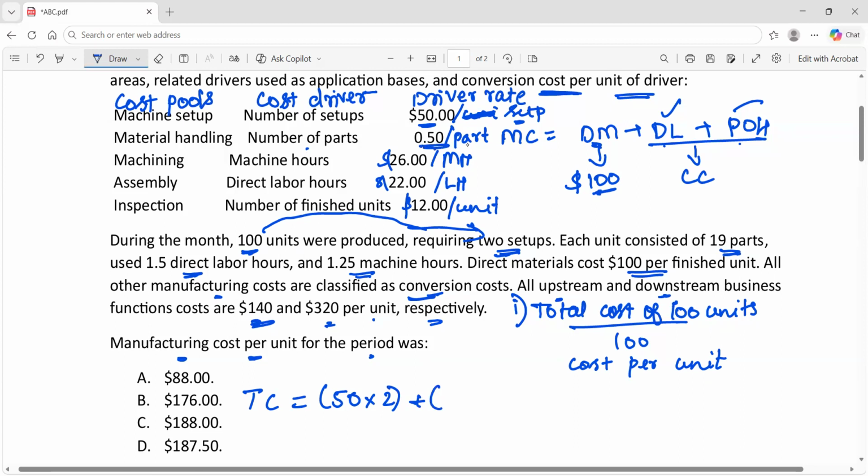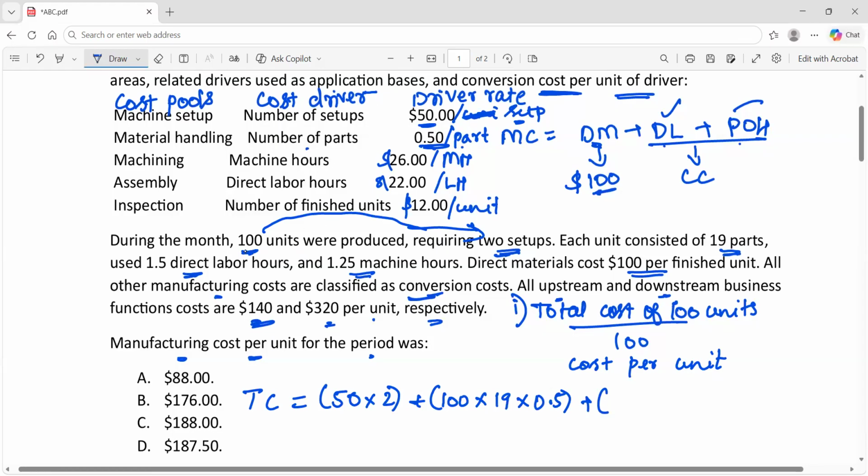Cost per part is $0.5. Totally we produced 100 units and each unit required 19 parts. So totally it is 1900 parts. The cost per part is 0.5, so 1900 into 0.5, plus